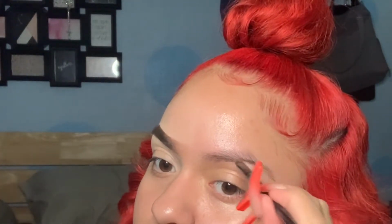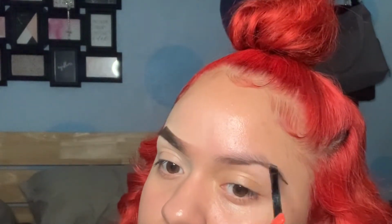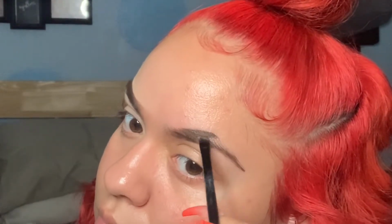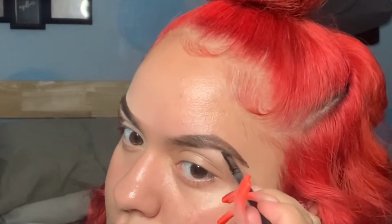So now I'm gonna be doing the other eyebrow, and for this eyebrow I'm gonna just let you guys see how I'm doing it, because if you guys know, this eyebrow is actually my trouble eyebrow. I don't know what shape it's trying to make, but you guys will see if I can do it or not. I know I'm not done, but so far